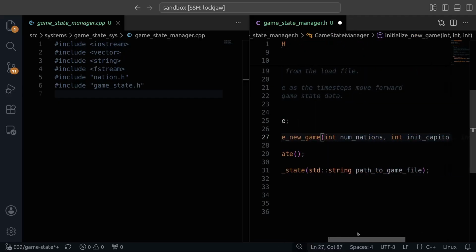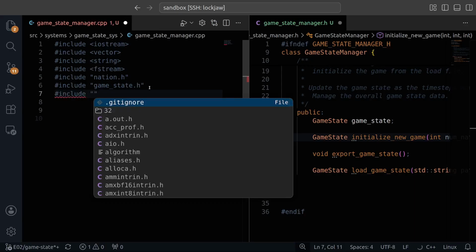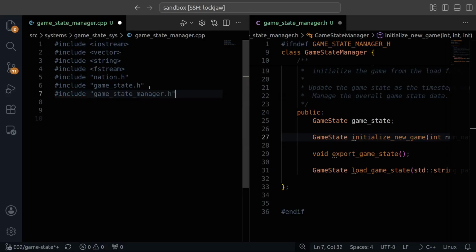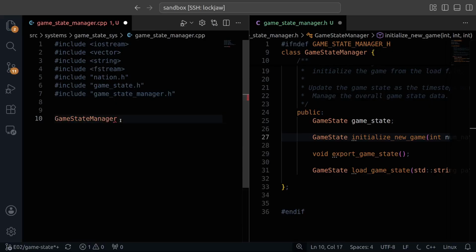We're just declaring these here, but we have to implement their definition in the corresponding CPP file. So we'll have to include in here the game state manager header file so that we can use the game state manager